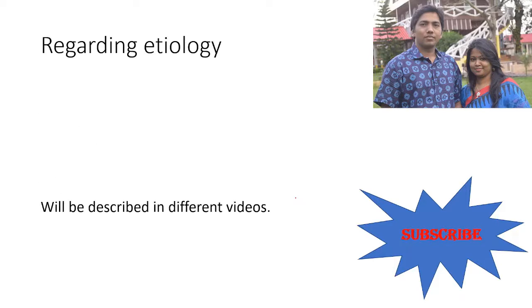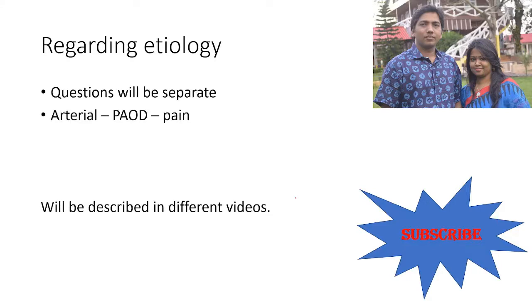And then you will ask about the etiological questions, like if you find any swelling distal to the foot or in the toes. The artery will be the first question, and you will ask about peripheral arterial disease, usually intermittent claudication. You will ask whether he or she feels any pain or cramping pain in the calf